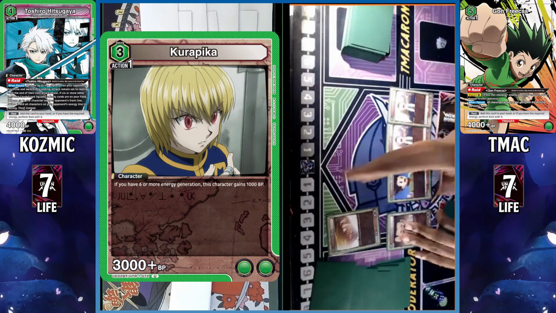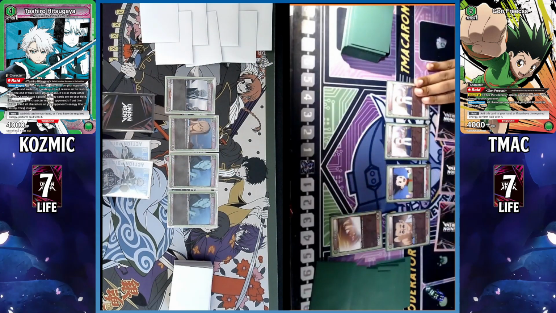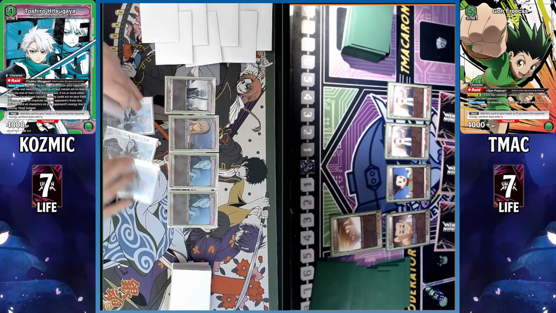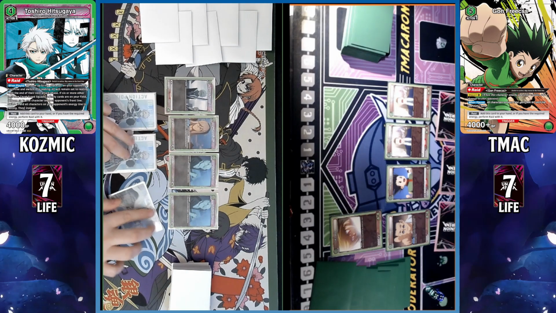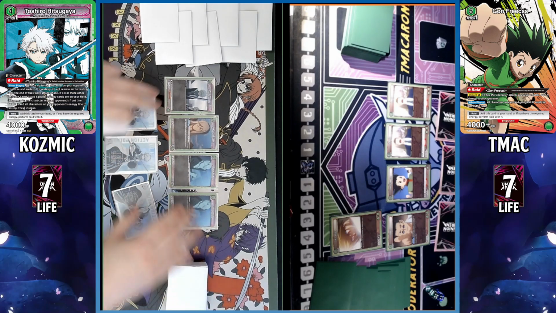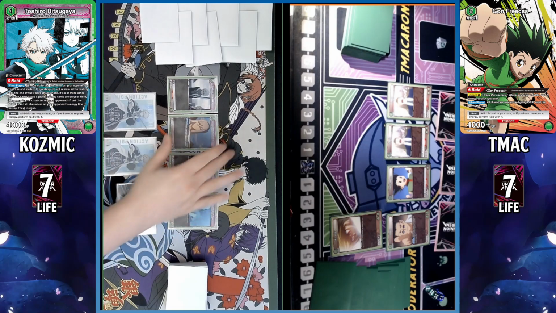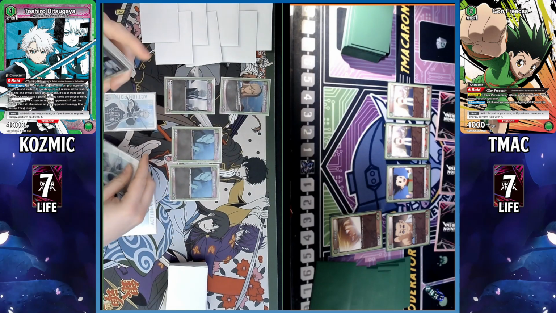And here again, a very nice play, a nice heads up play by Tmac, getting that Kurapika to the front, showing that, hey, we have some stuff that we could promote. We could get in a couple points of damage here, but respecting us being able to push forward. So he puts the Kurapika 3K to the front line, saving himself a point of damage. Otherwise, yeah, I would have had a very good reason to push up the